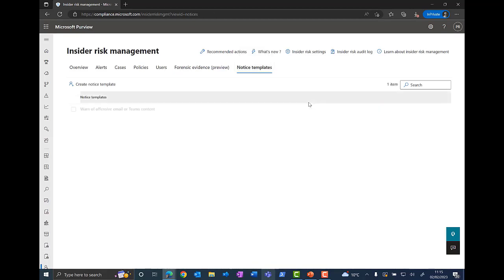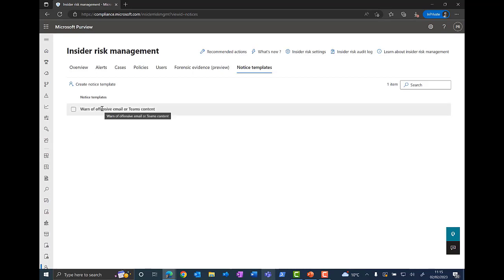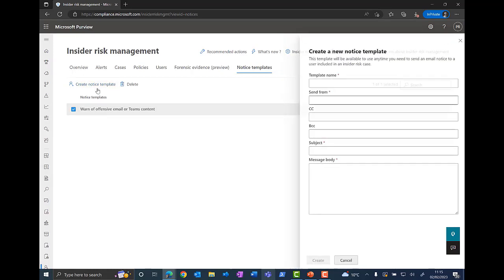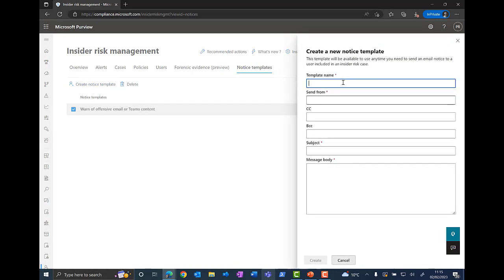But notice templates. Let's take a look at the notice templates. This is what I was alluding to when we were looking at our case a few moments ago. So we can see we've got this notice template in place to warn of offensive email or Teams content. If I go into there, we can see what that consists of, a subject and a message body. We can edit that if we want to, but we can also go ahead and create a new notice template here. So we can call this one